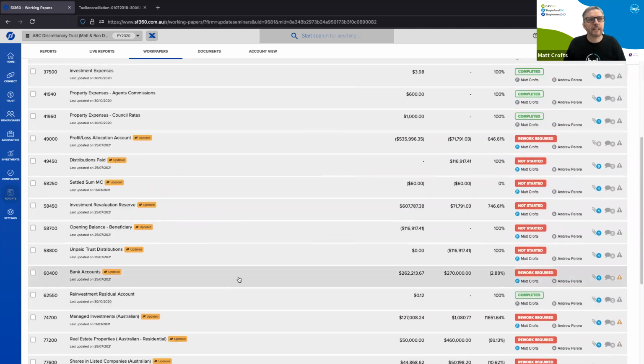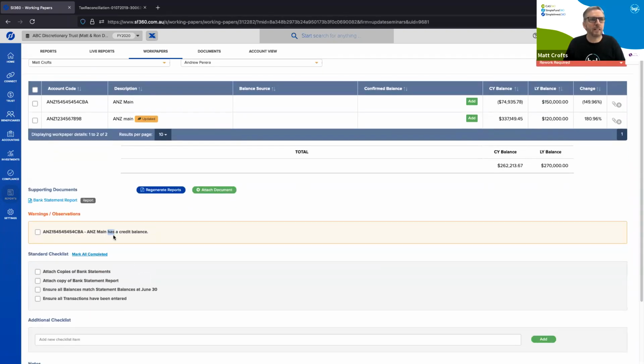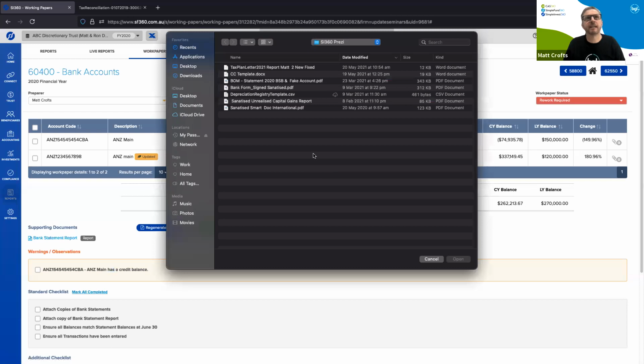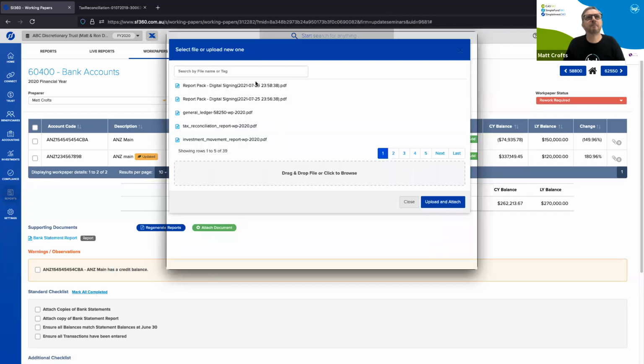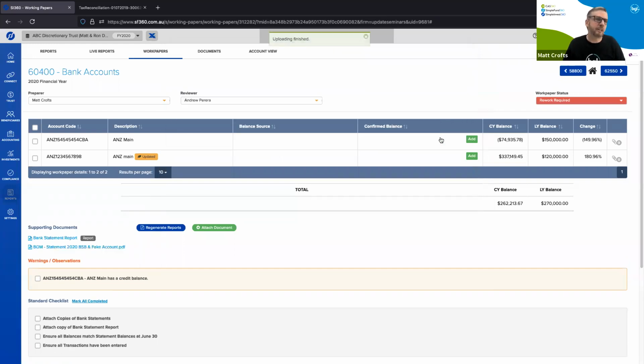If I scroll down here to 604, it's telling me straight away, there's a warning, I've got a credit balance here. Okay, I can attach a document. I'm just going to try to attach that one I had before, that bank statement. So I can upload a 30th of June bank statement in here. Right, I can preview that at any point in time.